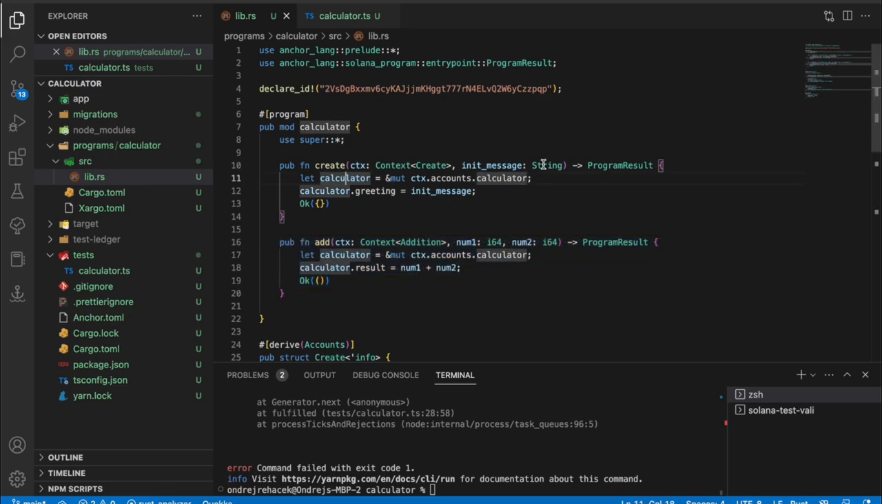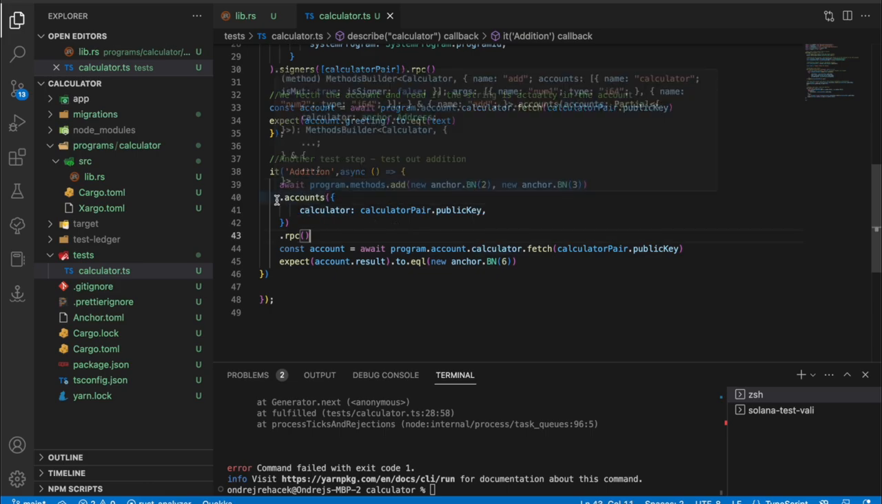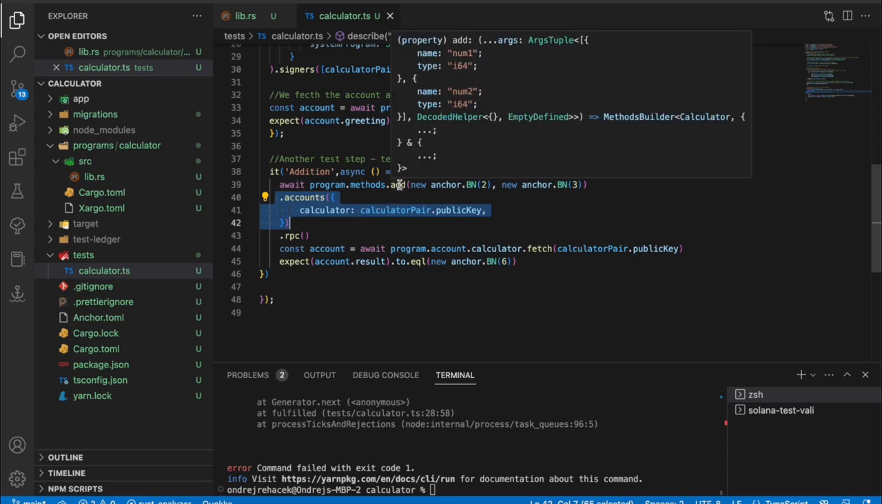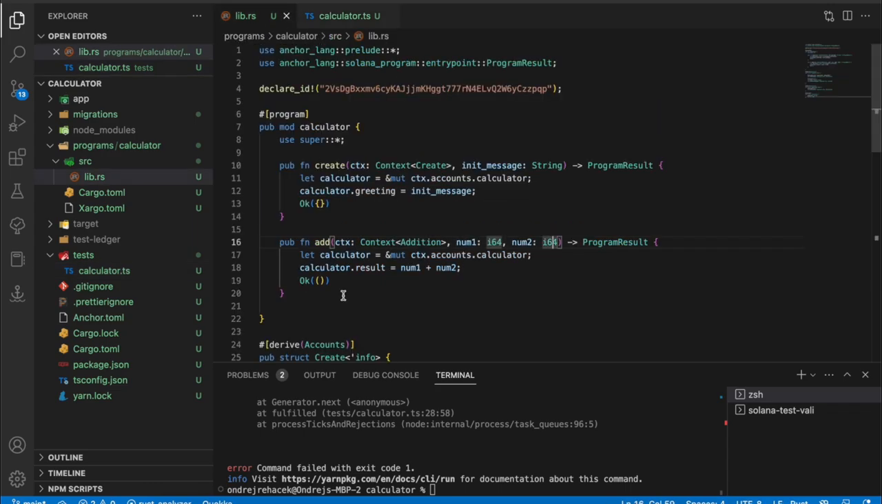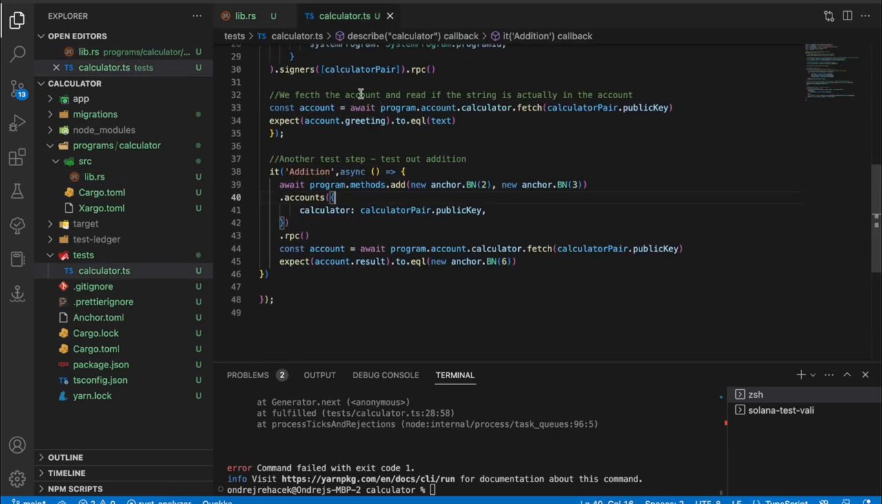In this case, we're not expecting a string, but two different integer 64 numbers. As you can see, I'm passing two numbers using anchor BN. So we have number 2 and number 3, which essentially means if we call this function with 2 and 3, the expected output should be 5, and that should be stored in our calculator account. We're also supplying accounts for our context for the add functionality, which in our case is just a calculator account